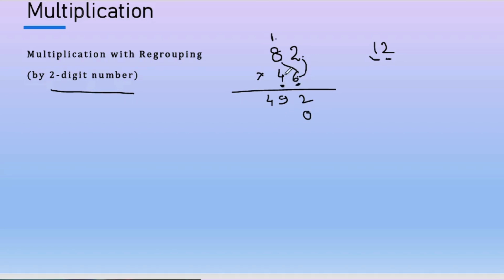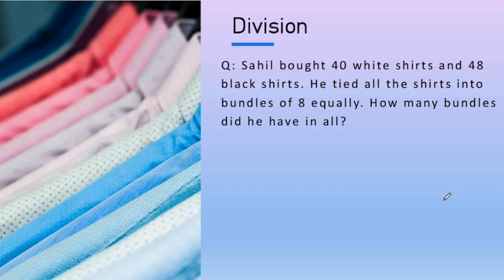Now we will multiply with this. 4 multiplied by 2 is 8 and 4 multiplied by 8 is 32. 2 and 3. Now you need to add this. 2 plus 0 is 2, 9 plus 8 is 17, 7, carry forward 1, 4 plus 2 is 6 plus 1, 7, and then 3. This is your answer. Okay, let's quickly move on to division, and then we will see some of the properties